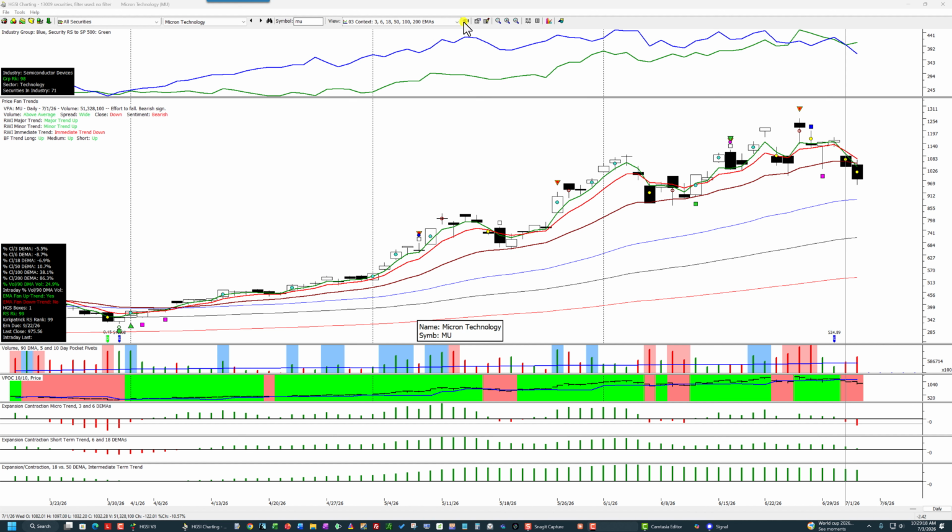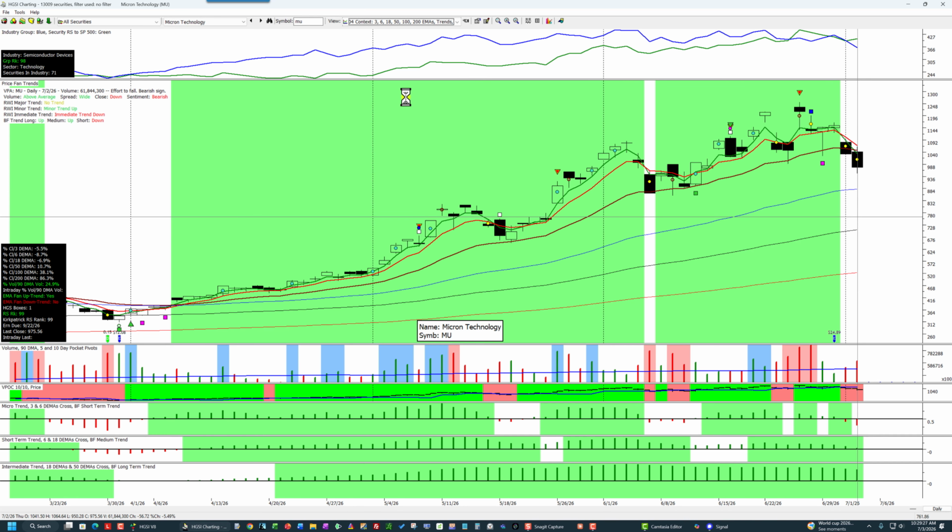Now, the final chart, this takes a little while to calculate because of the VFB. Where the green is on here, that means the fan was in place and intact, and where it goes white, it means that the price closed below the 18-day, which is this brownish red line. So right here, you can see the fan was in place from approximately 412 or something, all the way up to here,